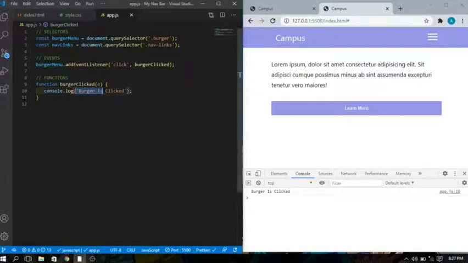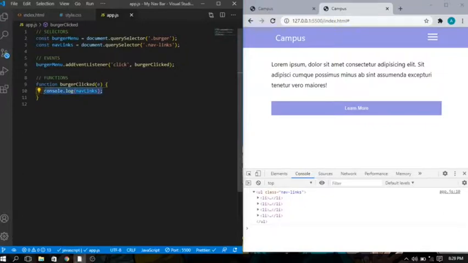So let us try to call the nav link itself. I remember we already called the nav link. We gave the nav link a variable here, so we can say nav link and save. So when we click on this, then the nav link, now this is the nav link here. This is all we added to it, like this. So this is actually working. But what we want to happen, like I said earlier, is that when we click on this burger menu, we want the nav link on the screen at 0 instead of -50%, which is out of the screen like this. So to do that, we're going to add a class of show nav link to the nav